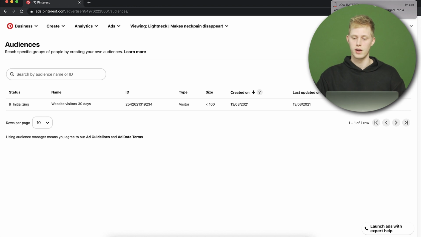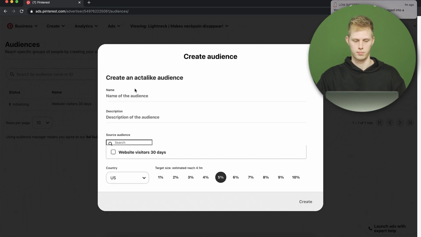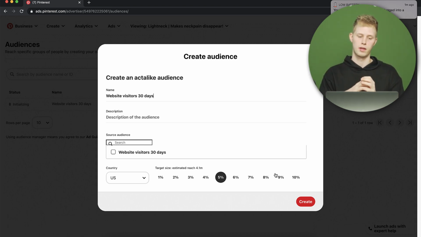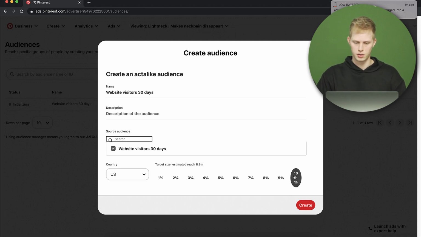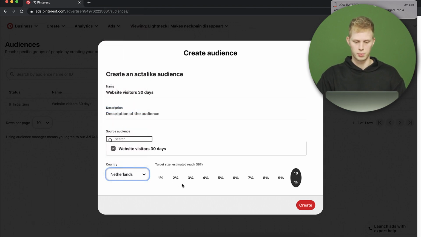And what we want to do now to create an actor-like audience is go here, create an actor-like audience, and then we can name this website visitors 30 days. And because we always want to use big audiences, this also depends on the country that you're selling in. Here in the US, you can see the target size. This would be 8.3 million. But if you go to my country, for example, it's only